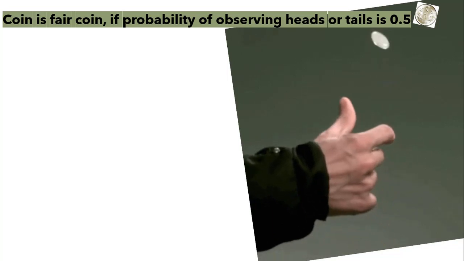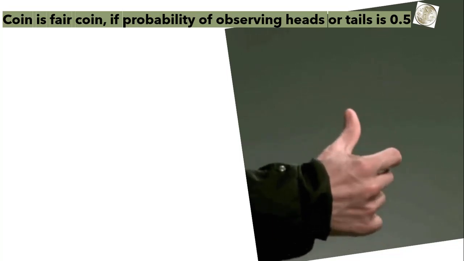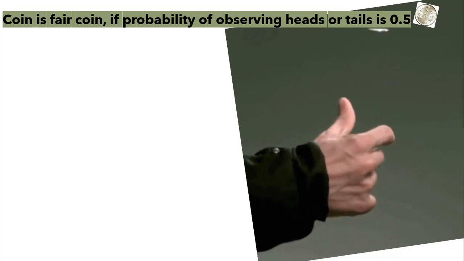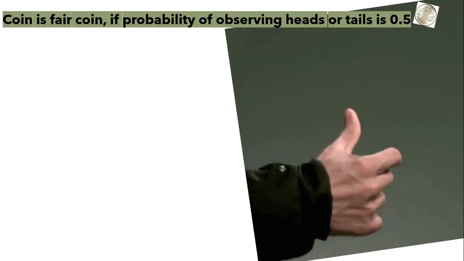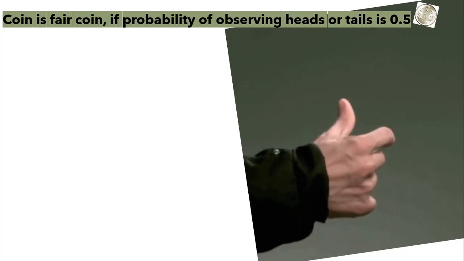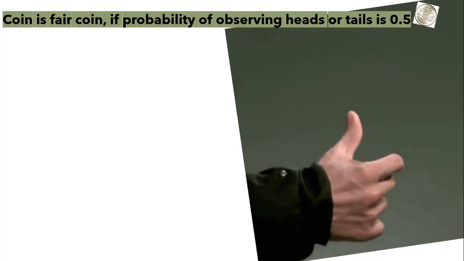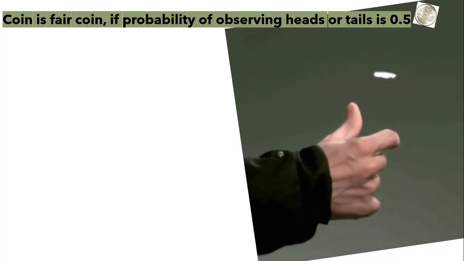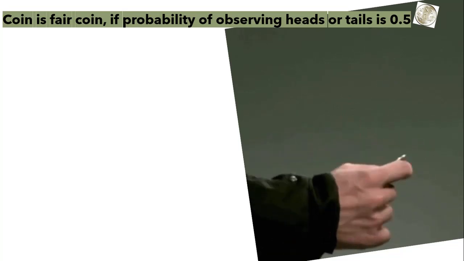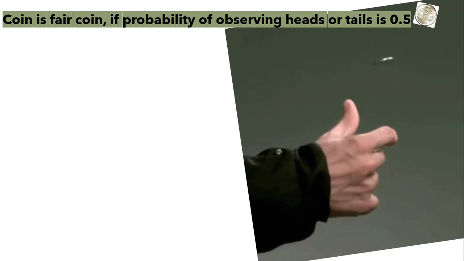So when we flip a coin, there are two possible outcomes, heads or tails, and we'll conduct a series of coin flips and record our observations, that is, the number of heads or tails observed for a certain number of coin flips. So guys, in this experiment, we'll try to determine the fairness of the coin using the number of heads or tails that we observe.